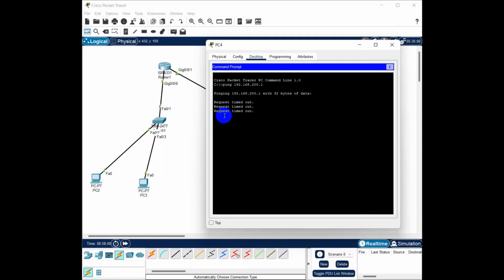We did not assign any IP address manually, and we have not configured this router interface as a DHCP server, so it's not assigning IP addresses yet. So what I'm going to do is a continuous ping. If you do ping 192.168.200.1 and then the dash key,